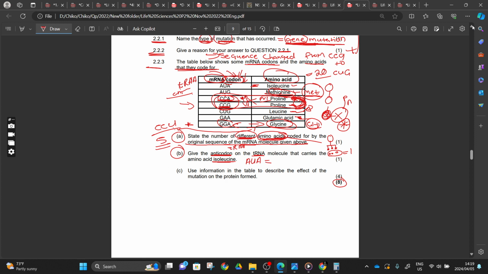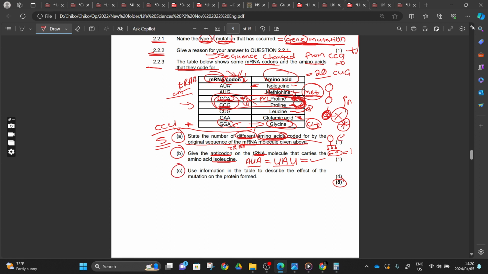So we want the anticodon from tRNA that will come and join this AUA. You know it doesn't have thymine, so you are going to say uracil, adenine, uracil. Uracil, adenine, uracil. This will be your anticodon. Then you get your 1 here, right? Codons match with anticodons and they carry the isoleucine, something like this, right? So number C,